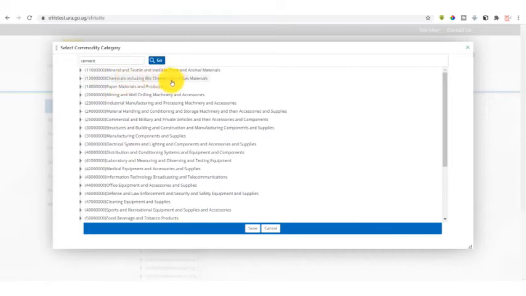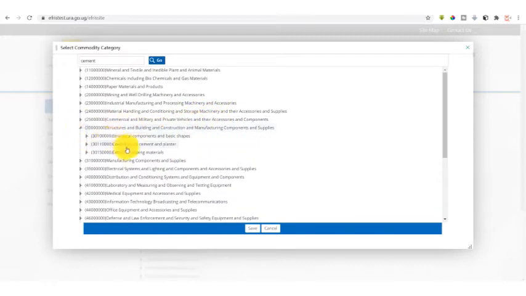We go to chemicals including biochemicals and gas materials: it's not probable. Structures and building and construction manufacturing components and supplies: there's a likelihood that the cement we typed falls under this segment, due to its description. So we can click on the arrow to get more details.